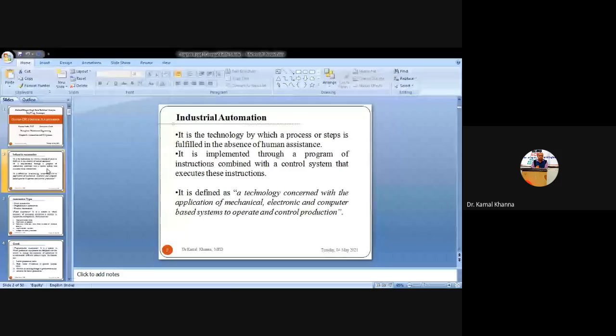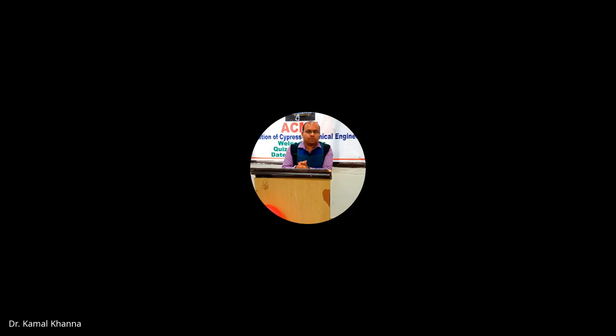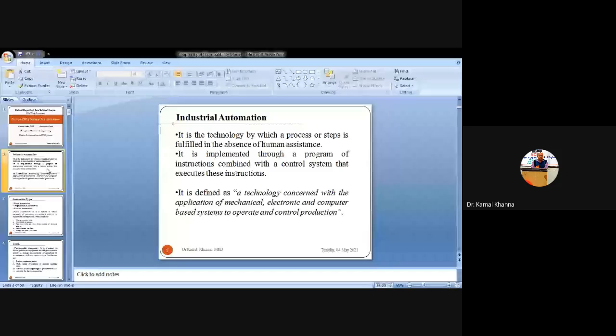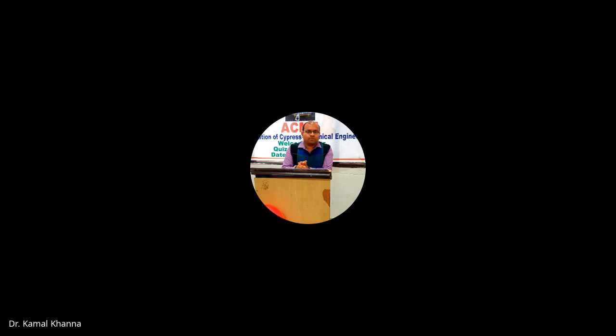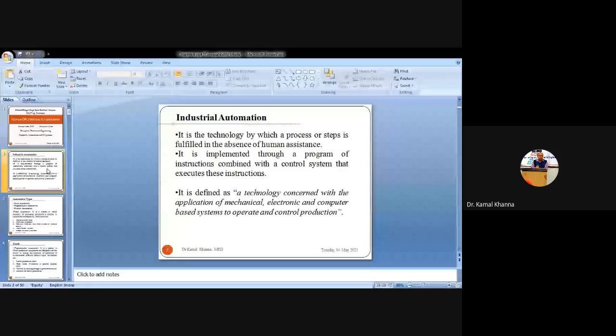So this is basically mechatronics and also the computer-based system. So what is a computer-based system? That is, the MCU is installed, and you are using machine language. You are using G codes and M codes, the machine codes as well as the miscellaneous codes, so that the set of instructions or programs are written in G codes and M codes, and the machine understands them and executes these instructions on the products, performing certain kinds of operations on the specimen. So this is called industrial automation.